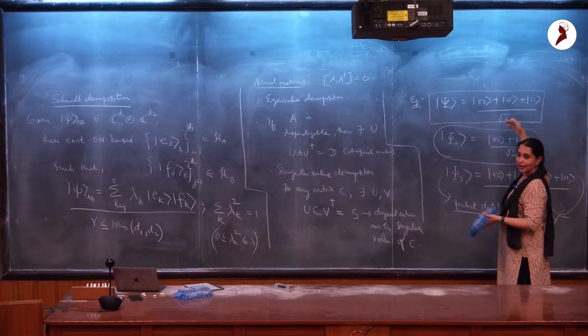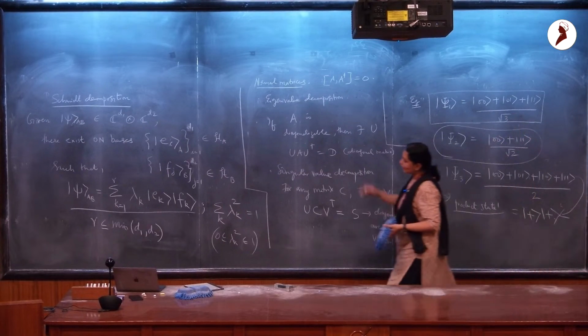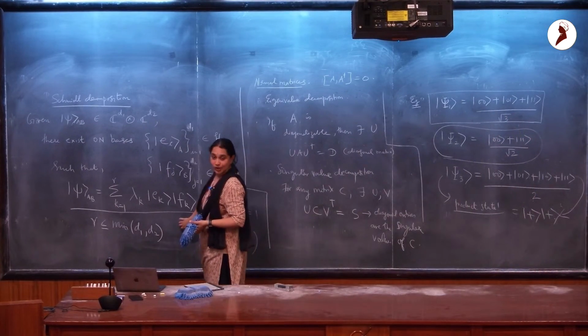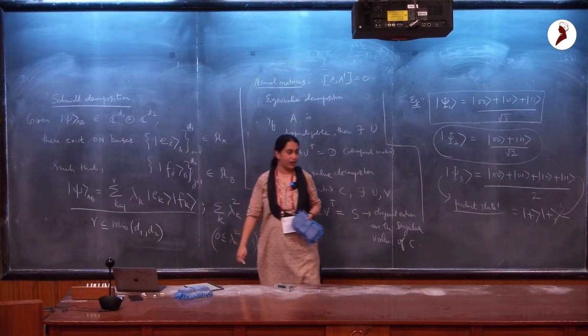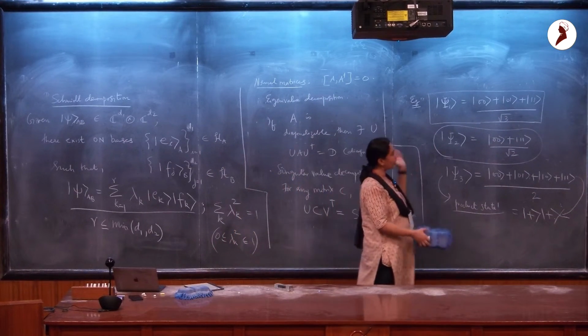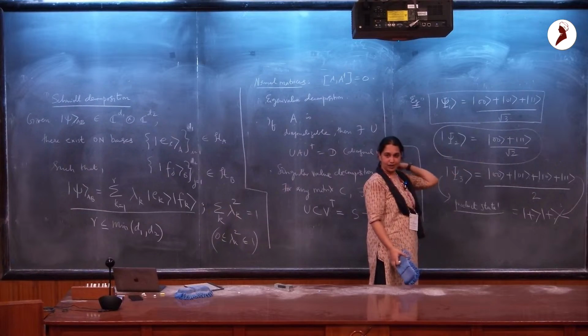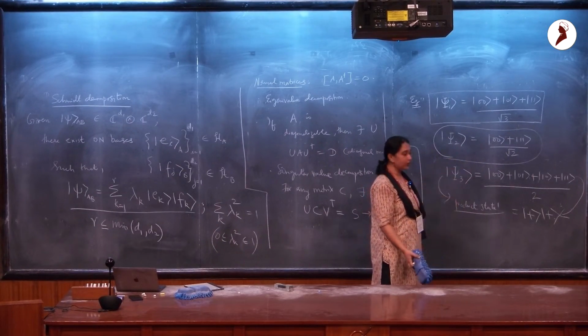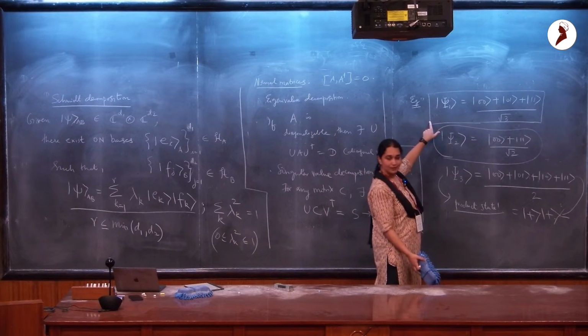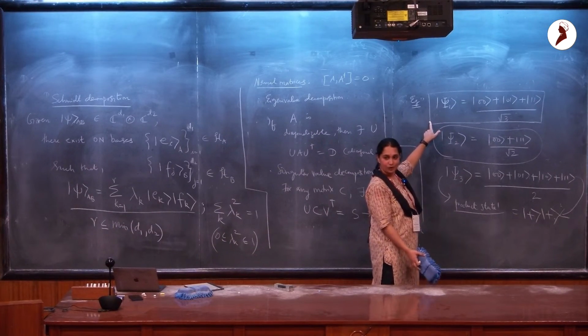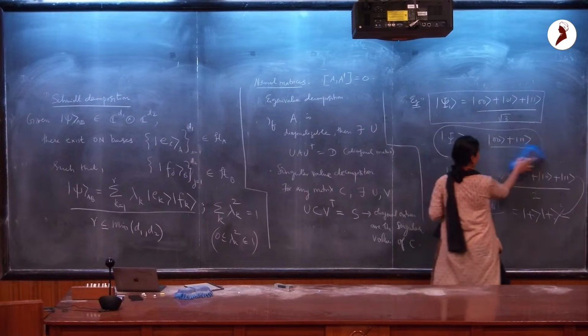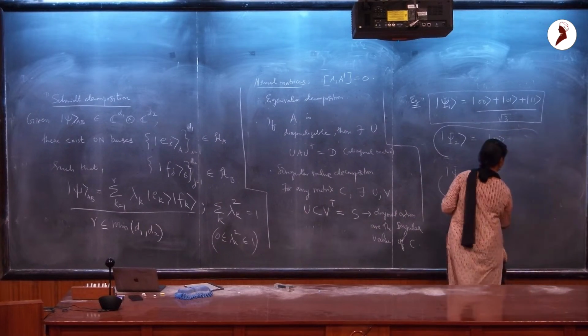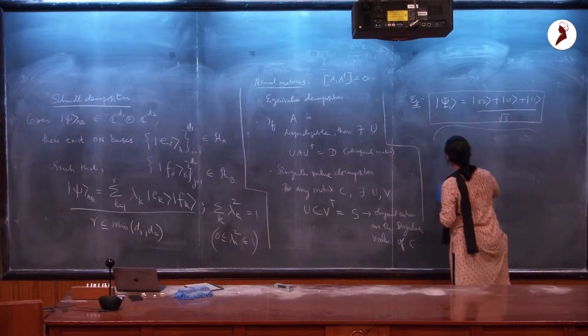So essentially, what I would like you to do is see if you can bring it to this Schmidt form. And I'm going to tell you right now how, given an arbitrary state, or I just expand this in some arbitrary basis, how I'm going to bring it to Schmidt form. So please note this down. Like I said, this is part of the homework for tomorrow's tutorial. Okay, so how do I get a state to its Schmidt form?